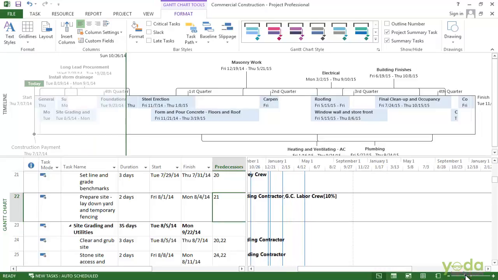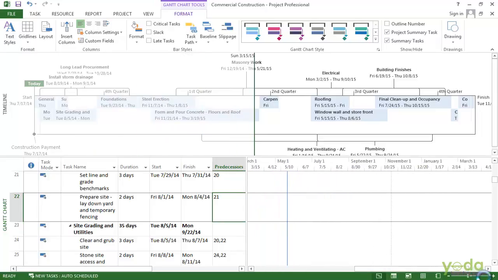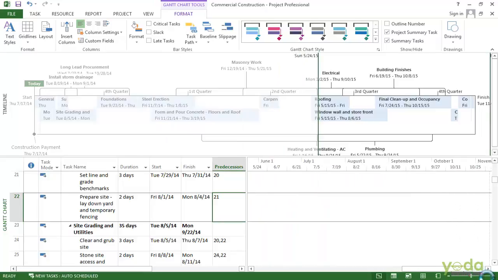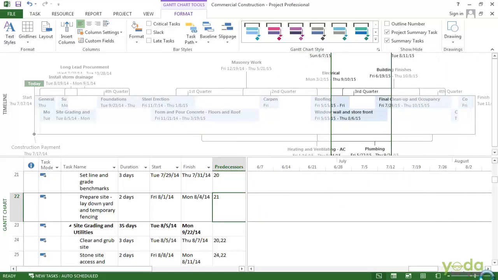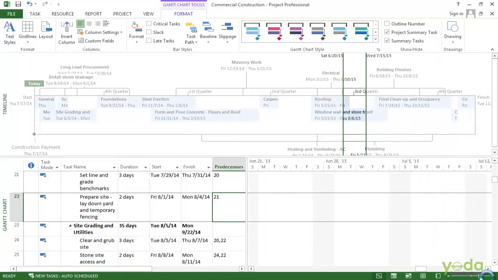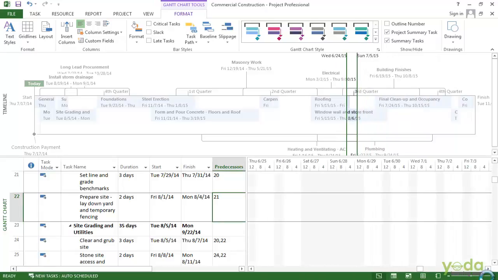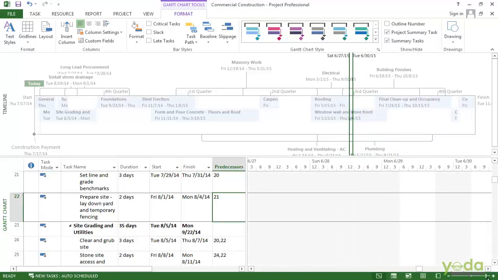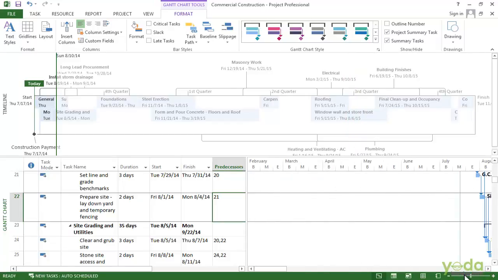So if I drag to the right, it zooms in. You can see that the taskbars are getting longer because I'm getting into the smaller time frames that are shown on the screen. Or if I drag it towards the left, the taskbars get shorter because the time frames are shorter. So I am zooming out.